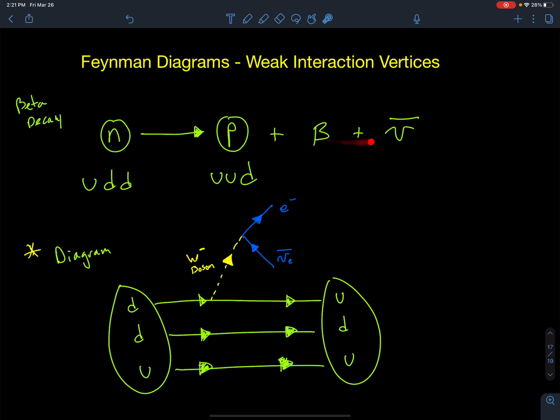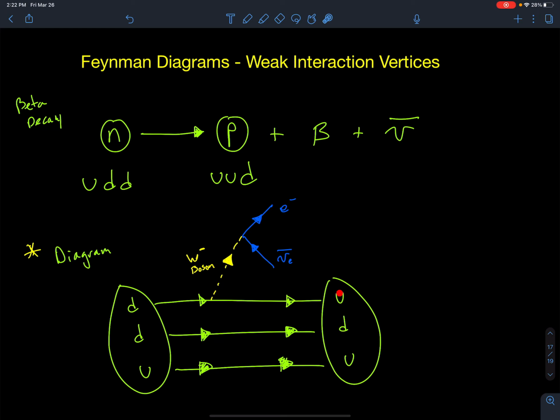So in the previous videos, I showed you why those leptons are being emitted and how things are conserved in terms of charge. But we can also illustrate this whole process, not just in a reaction equation, but in a Feynman diagram. So here's the diagram. I have a baryon, which has three quarks. This is my neutron, it's the baryon. And that baryon is being converted into another baryon called a proton,